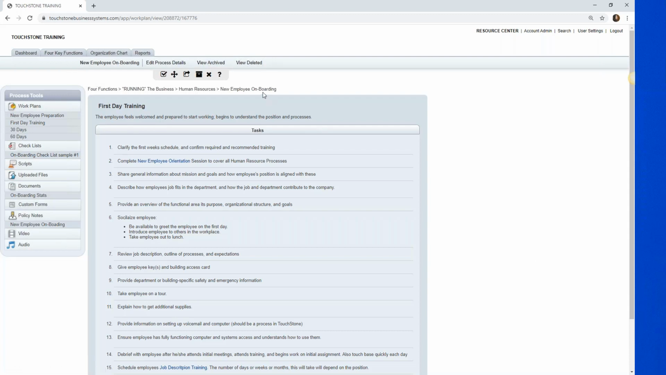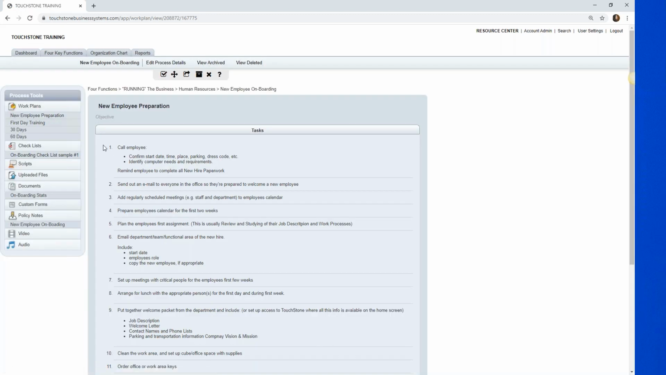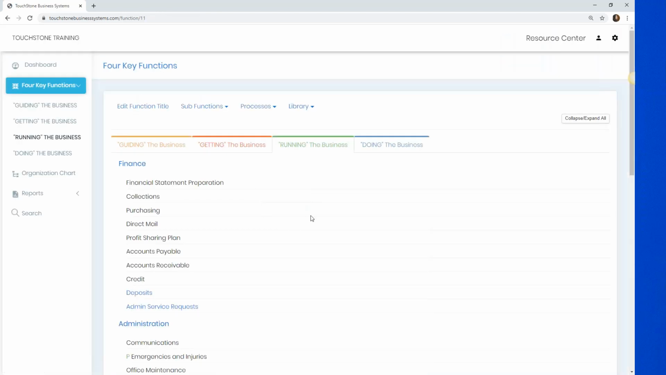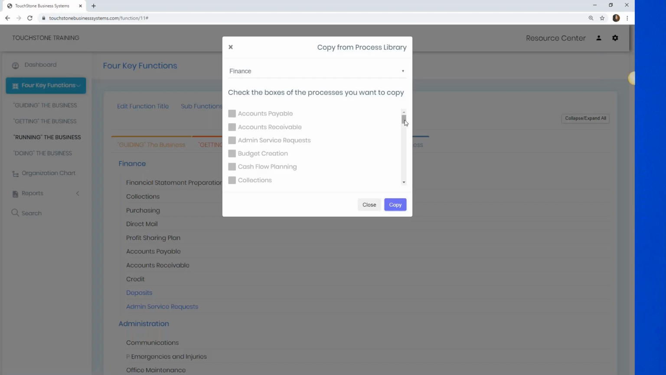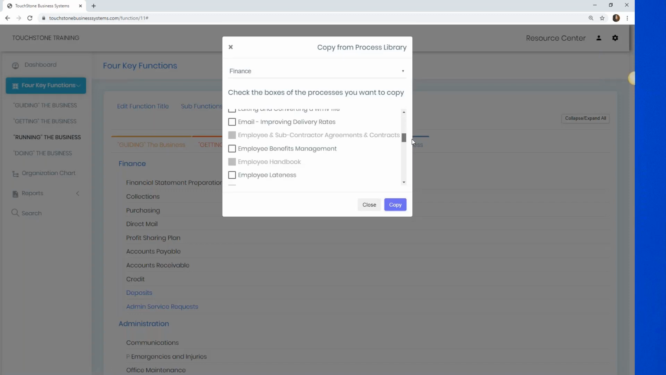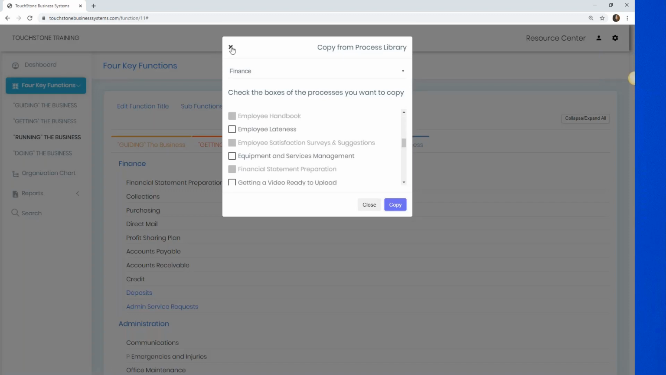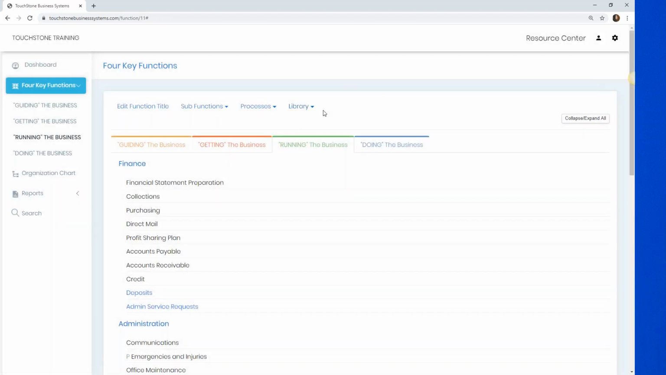So someone's asking about this onboarding process. This is a cool process. Particularly this work plan is kind of cool. This is in the library, I didn't just make this up. You can download this right away. You just go to running the business and then library right here, general process library, and it's here in the general process library, new employee onboarding. There's a lot of other great HR type process examples here in this library, so you can go and download it yourself. I'm just going to go back here to doing the business,